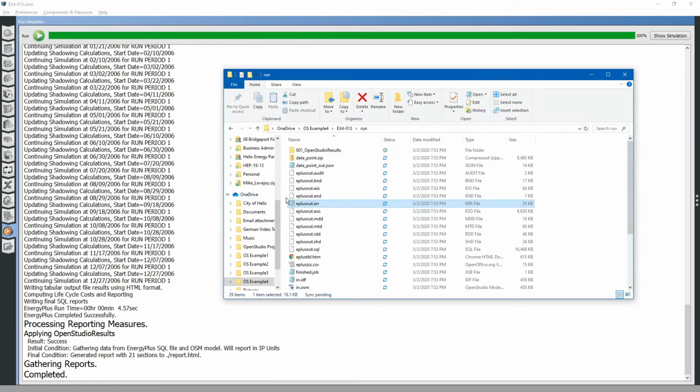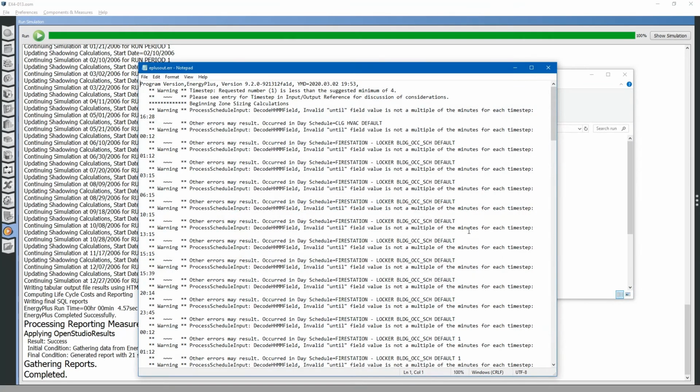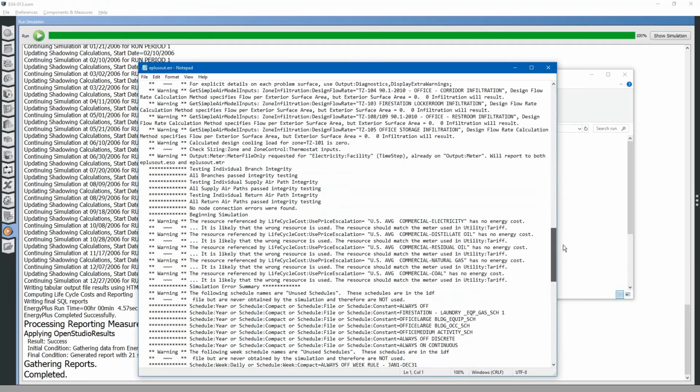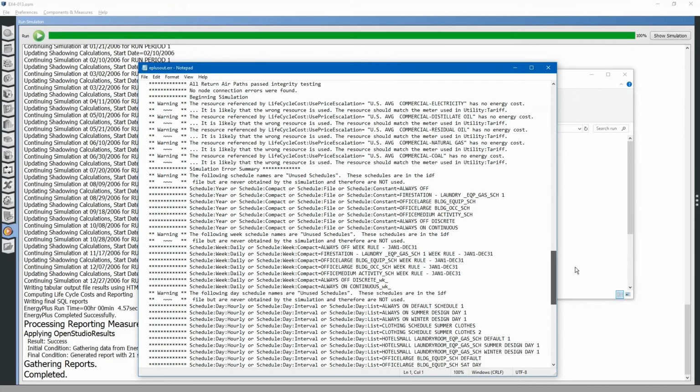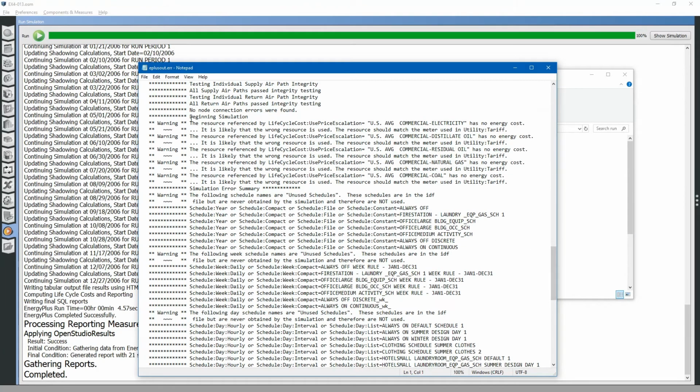Next, let's go back to the error file, open it, scroll down to where we left off. Following schedule names are unused schedules. We are not using always off, laundry equipment gas schedule,